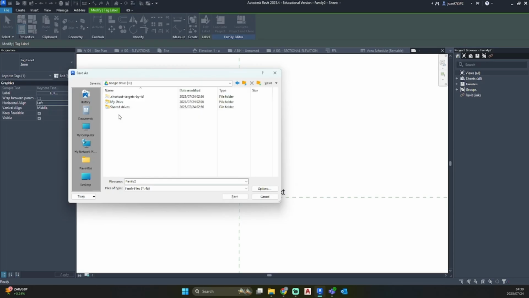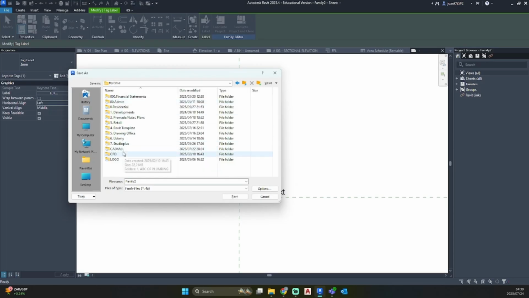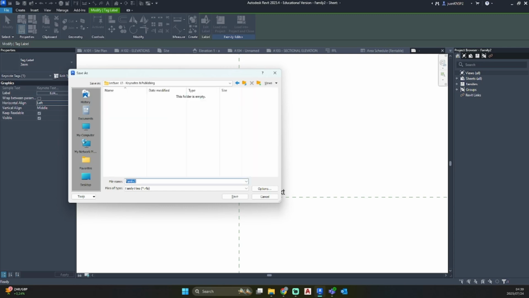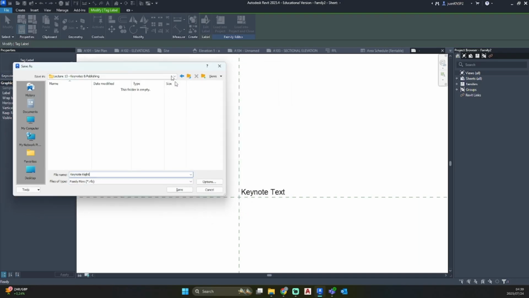I'm just going to save this where I can find it later and say keynote right. Because it's aligned on the left, we'll be using this on the right side of our drawing so that our right annotations are aligned on the left hand side and vice versa for the left. Go save.